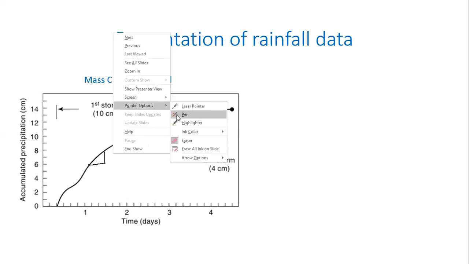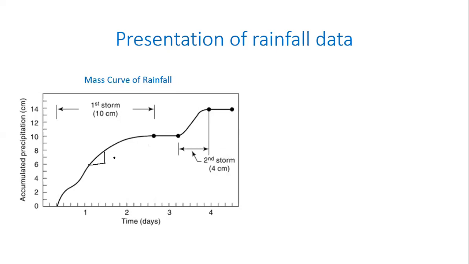Rate of rainfall, intensity of rainfall. Okay, so it is centimeters per day, for example, or hour, whatever you want to call it. So it's basically telling you what the intensity of rainfall was during that duration. If you take a smaller time step, you will get a more accurate representation of the intensity of the rainfall.